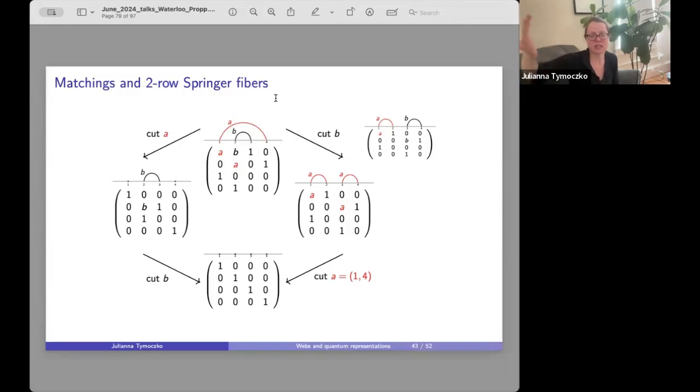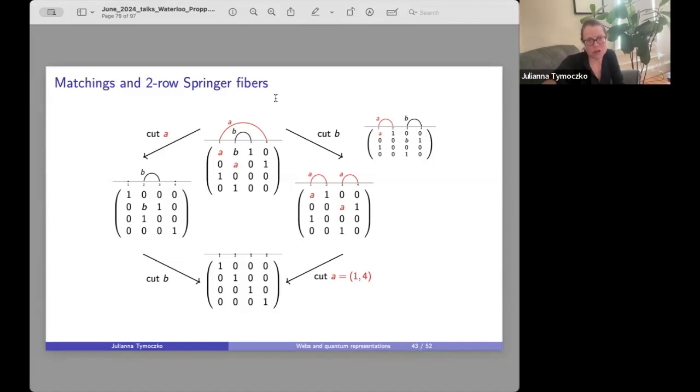And this is actually just a slice of the top dimensional cell that is contained in the closure of another cell. So this is a statement about a partial order. So the nesting partial order on these non-crossing matchings is the closure order for a certain variety, the cells of